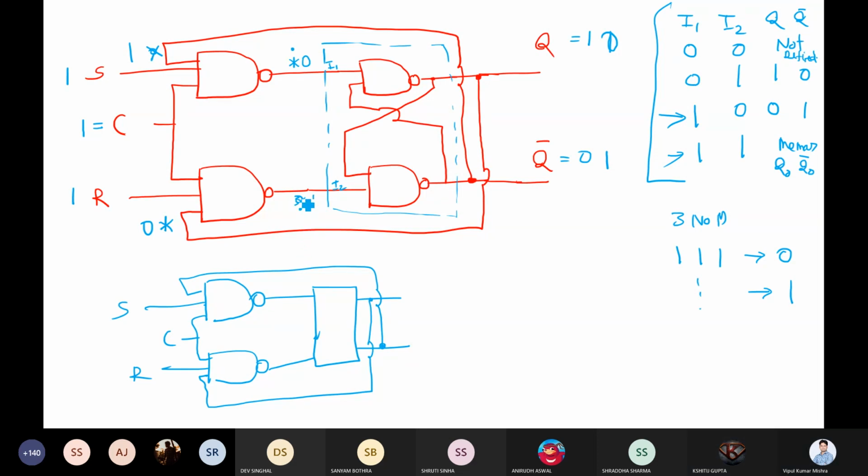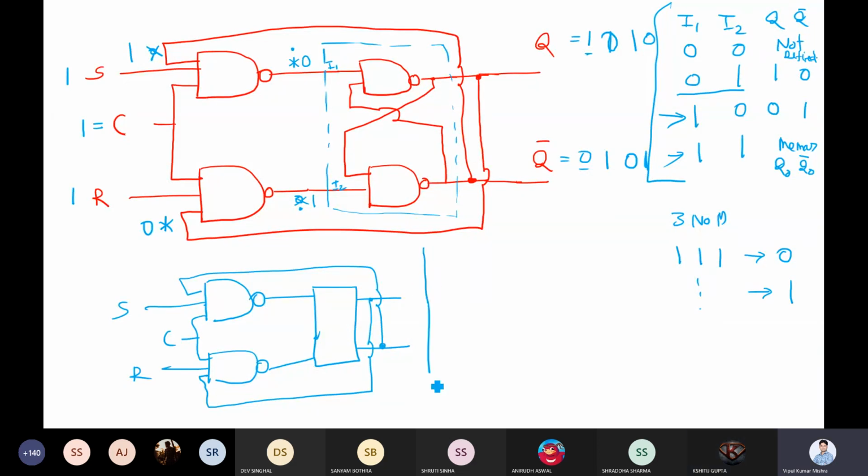So now what about this? 0 and 1. It will again modify, so Q will be 1 and Q bar will be 0. Again we reach the same position. We again feed back. So what next value will we get? 0, 1.